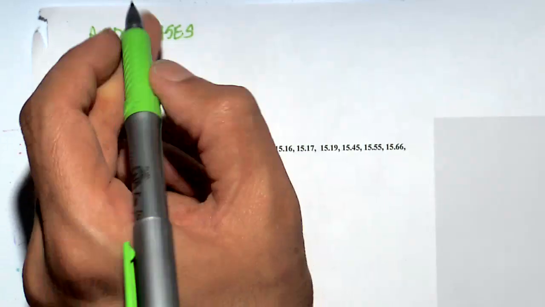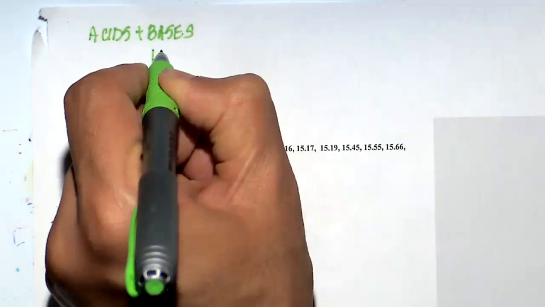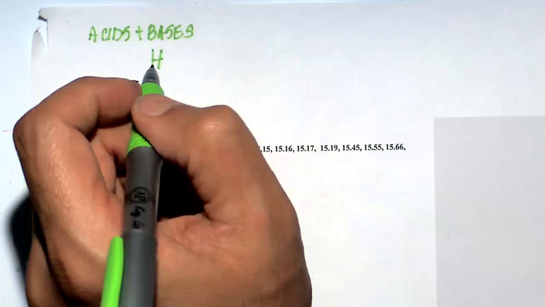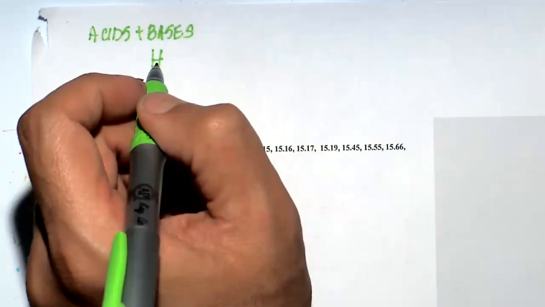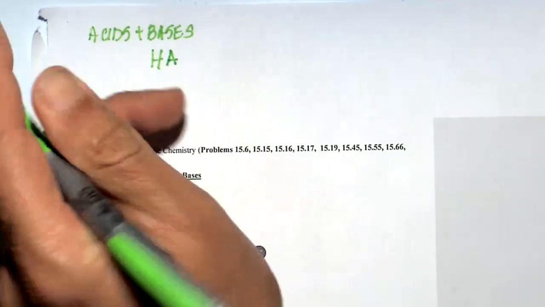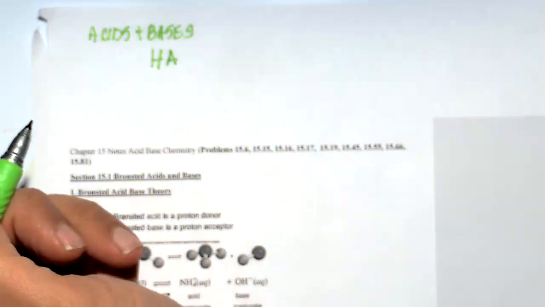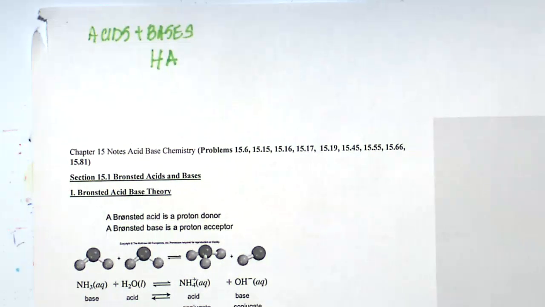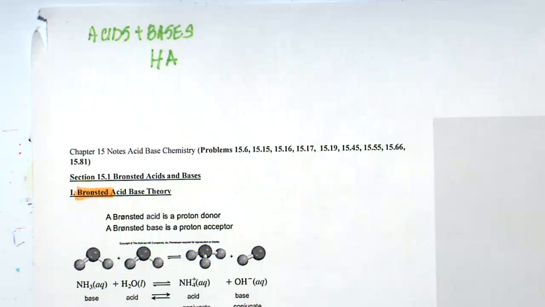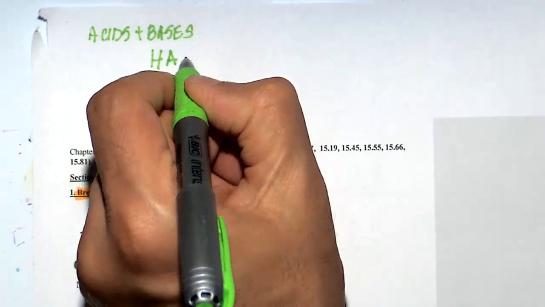So an acid is going to have an H by it. Acid will have an H by it. We call that H a proton, and something else, we'll call that A, acid. So this is what an acid does. More specifically, this is what a Brønsted acid does. An acid will react with water.